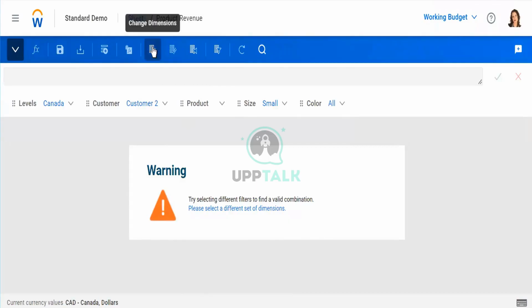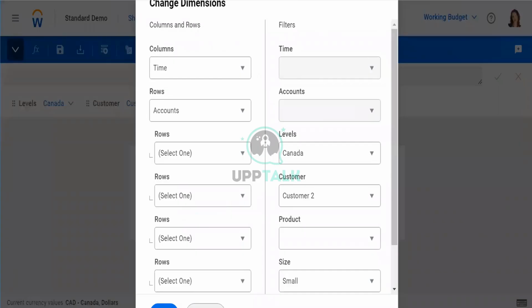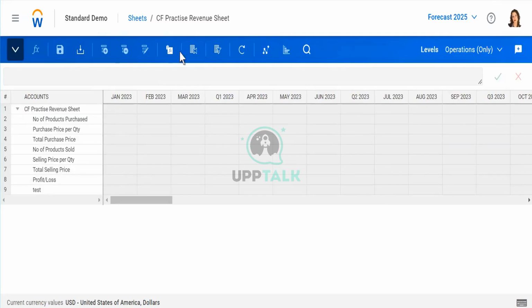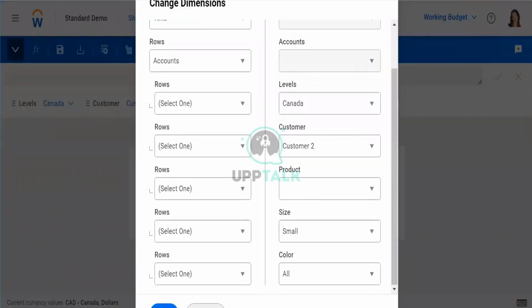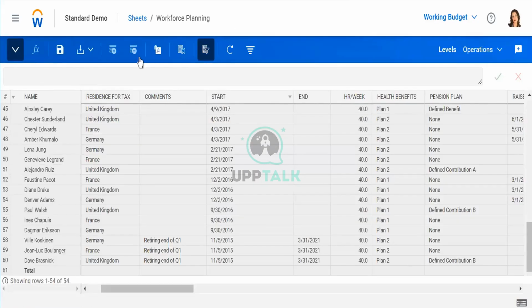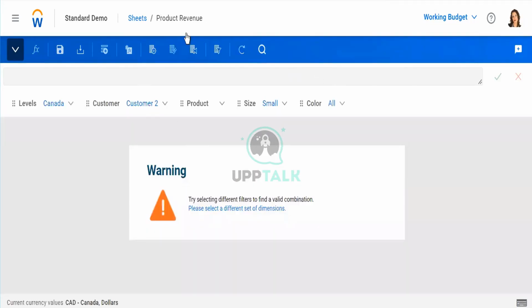It is just this feature that is extra in a cube sheet. In a model sheet, we have the same features similar to a cube sheet in the context menu. All of these are the same. Sorry, this is a standard sheet. Just cancel this. All the features, save button, printable view, all these are the same. Only certain things will be different because a model sheet behaves in a different way, and a cube sheet behaves in a different way.